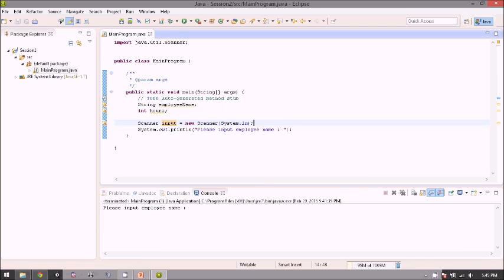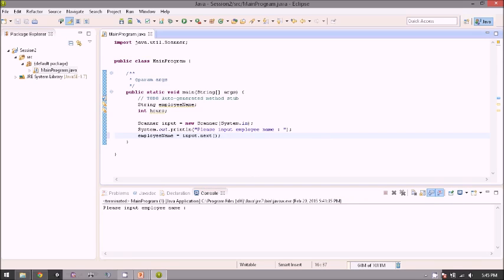And after we create the object, if we want to ask the user for the employee name, we just need to do this: employeeName equals input.next.